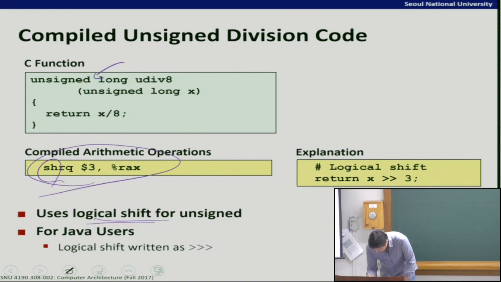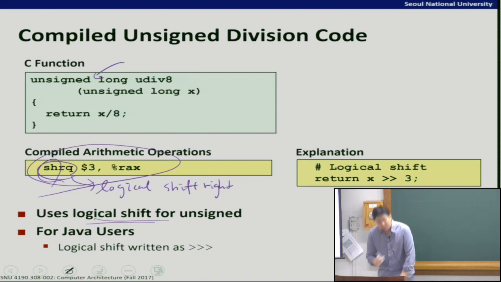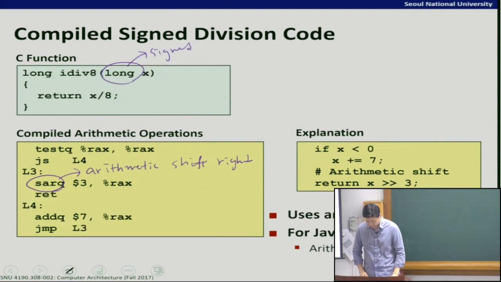In contrast, in the previous page, this one is a logical shift. There are two different instructions depending on whether you do a logical shift or an arithmetic shift. And this part, for signed division,